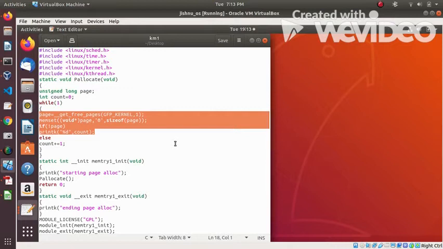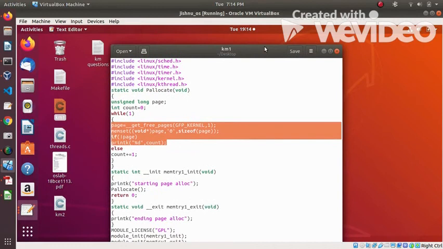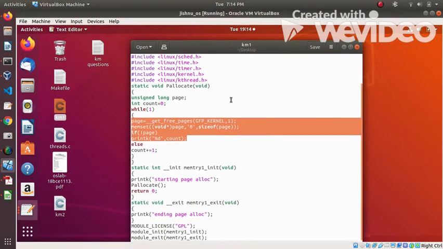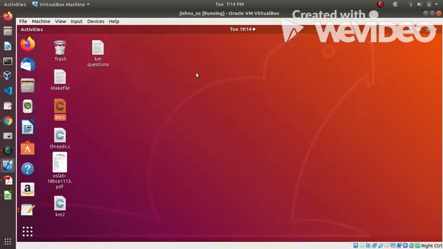So we can't get the number of pages allocated, because all the pages will eventually be allocated, and in the end you will not have anything and your system crashes. So this is what happens. I'm not executing this and showing to you because I'll have to show you another question also. So the thing is, your system crashes after you execute this. Probably after I finish the second question, I can show this to you. Okay, so what was our second question?